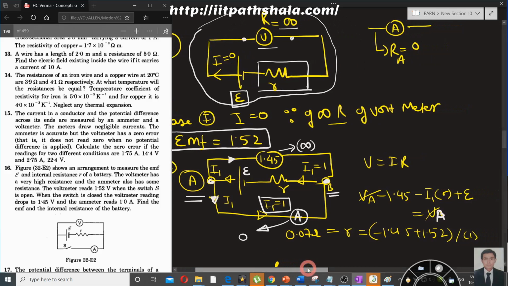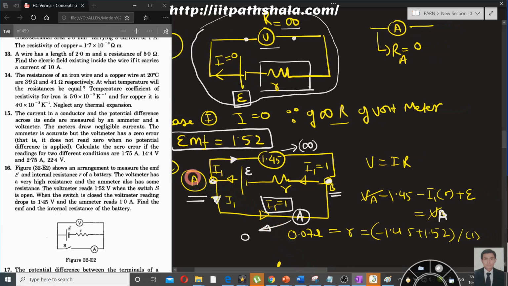Now you mark the terminal A over here and B over here. While applying KVL you have a choice: I can choose this loop A, B, let us say this is C and D, or I can choose this loop A, B and E, F. So you are left with two choices, that either you choose the loop A, D, C, B or A, F, E, B. For most people, they will choose the loop A, B, C, D, because there isn't any voltage drop across the ammeter, as it is carrying zero resistance over here.